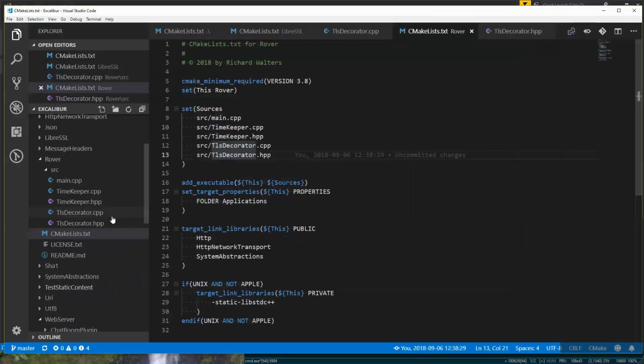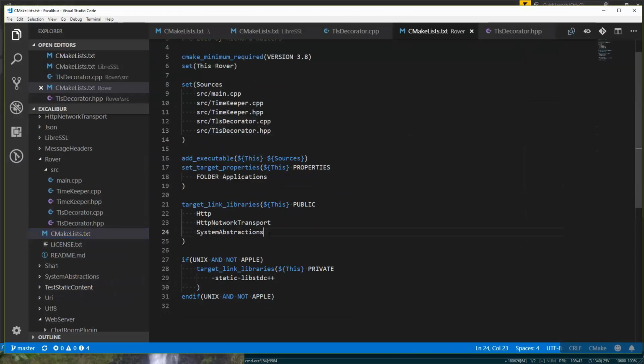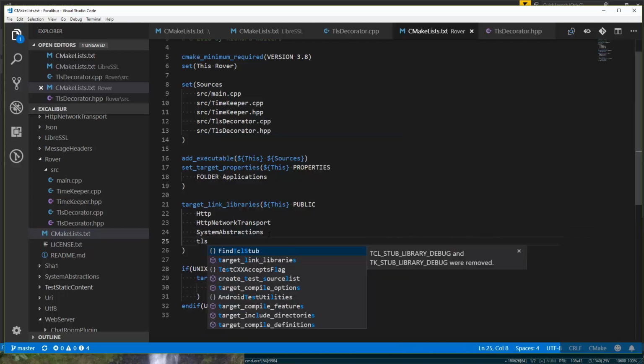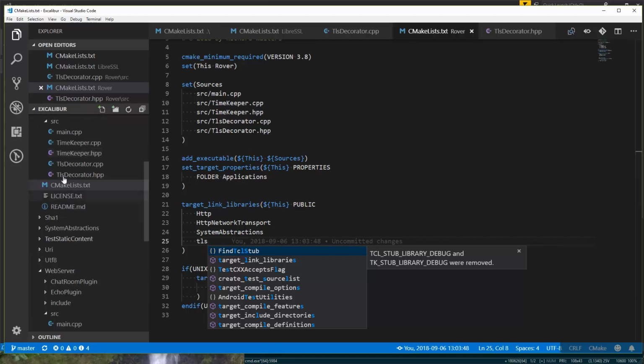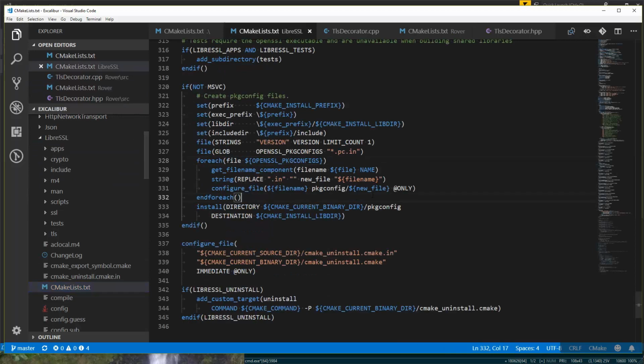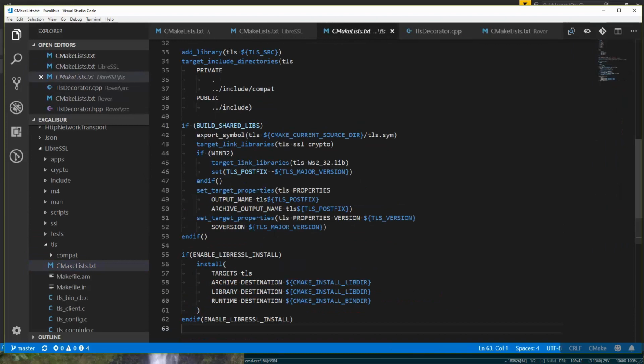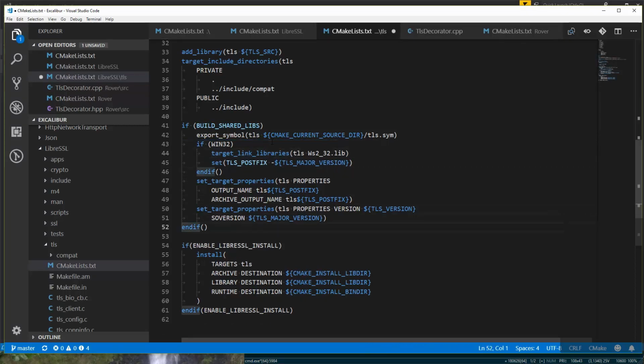And here's where all sorts of fun things could break. When we try to link with TLS, what's going to happen? I did notice something in their CMake files that was a little bit disturbing. In their TLS CMake file, they have this target link libraries, but only if you build it as a shared lib. And I'm like, why did they do that only if you're building a shared lib? We're not building a shared lib, so we might have to include those in our dependency list, even though we shouldn't need to. I think the proper thing to do would be this. Actually, it's